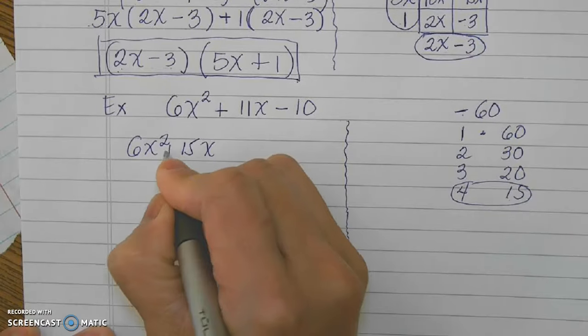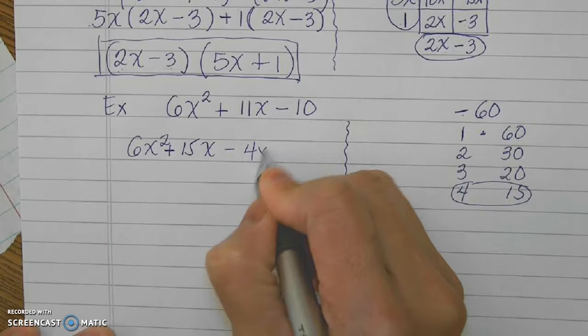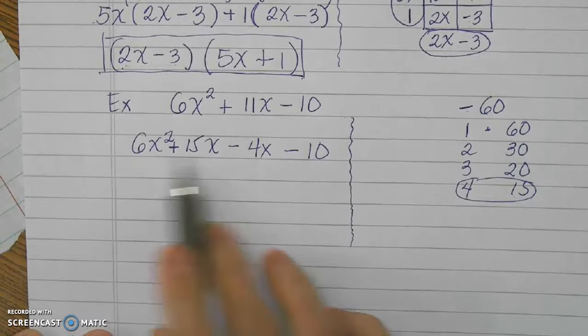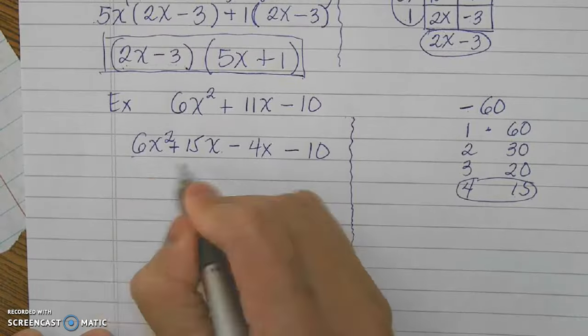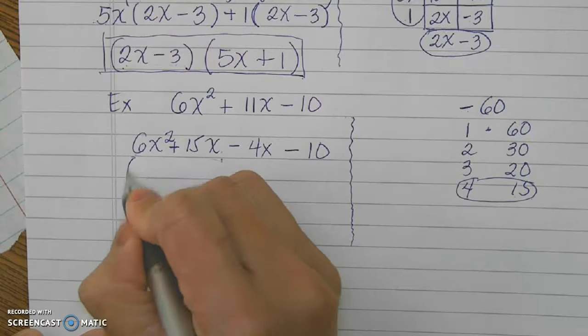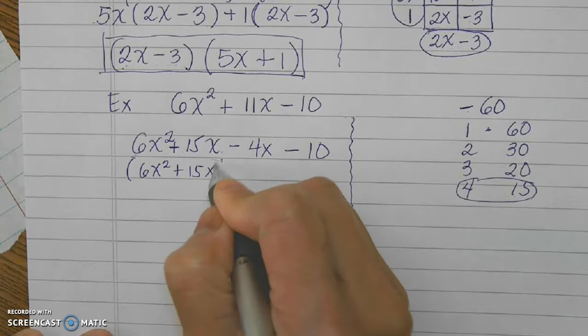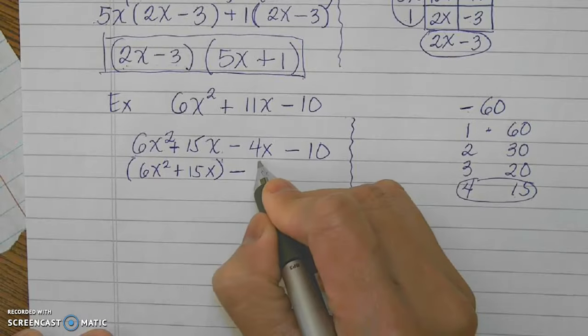Oh, that's a plus 15. This is a negative 4x, and that's a negative 10. We're going to do this by grouping first. So I'm going to group this together. So I will have 6x squared plus 15x. I'm going to group this together, negative, and then that's going to be